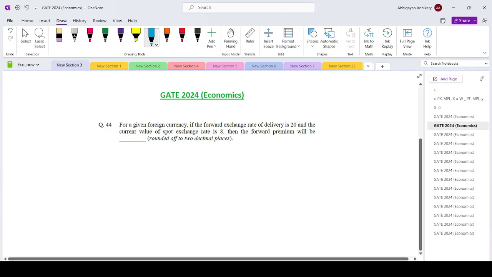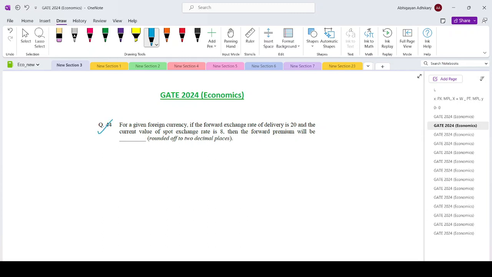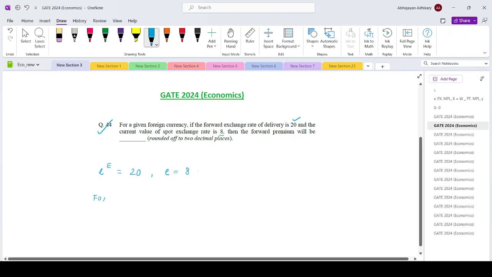And today we are looking at the GATE 2024 economics paper, question number 44. For a given foreign currency, if the forward exchange rate of delivery is 20 and the current spot exchange rate is 8, then the forward premium is how much? So the expected exchange rate for the future is 20. The current spot exchange rate is 8. That means the forward premium